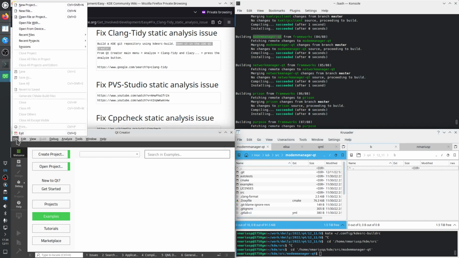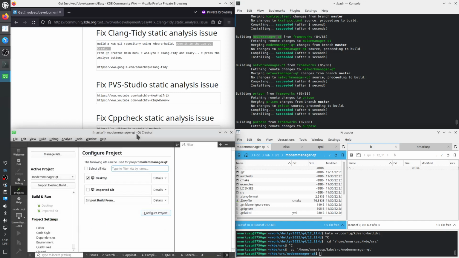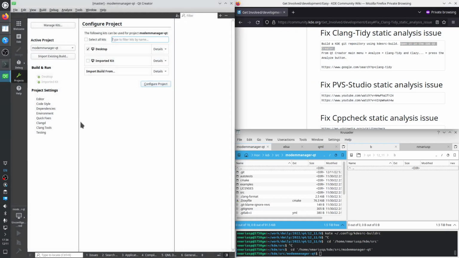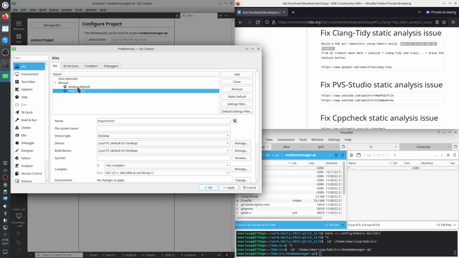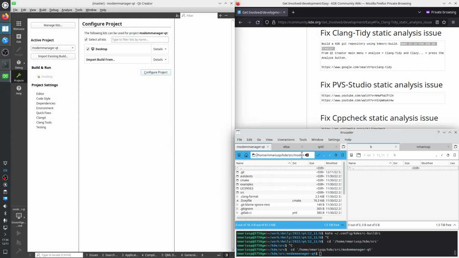So we go in Qt Creator, main menu, File, Open File or Project, Ctrl+V, kde/src, the name of the KDE Git repository modem-manager-qt, and then we need to select the CMakeLists.txt file. Okay, let's move these things around. We go to Manage Kits, we remove everything except this Desktop default, remove, Apply, OK. And then this same directory,